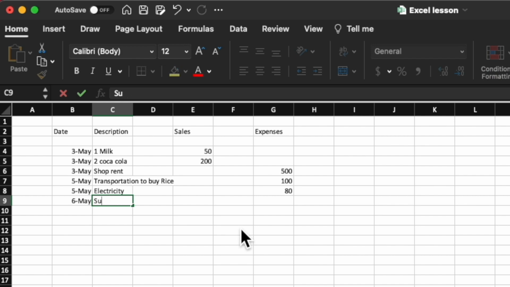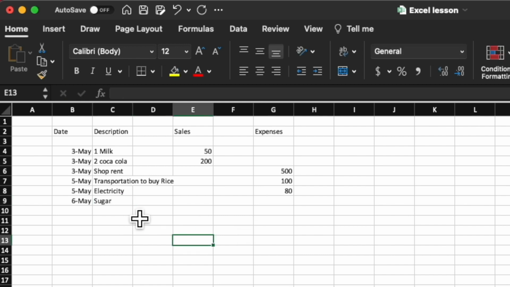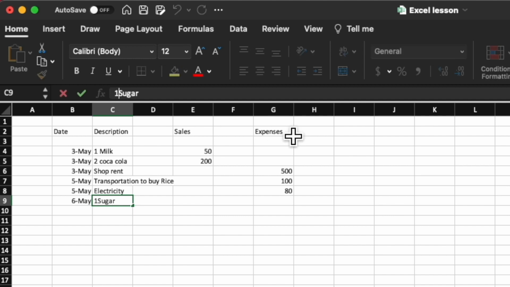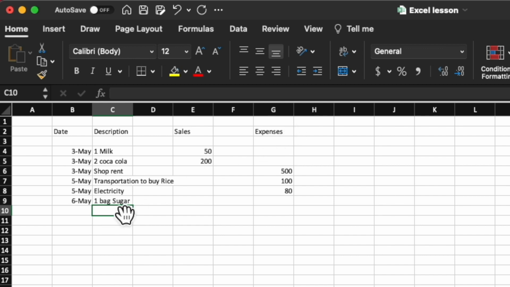So they are buying sugar, and it's a big bag of sugar. And now let me just say one bag. Here, remember how I told you, because I want to write on top, I'll go up here, then I'll put one bag. See, that's how I was able to adjust that cell. So one bag of sugar, and